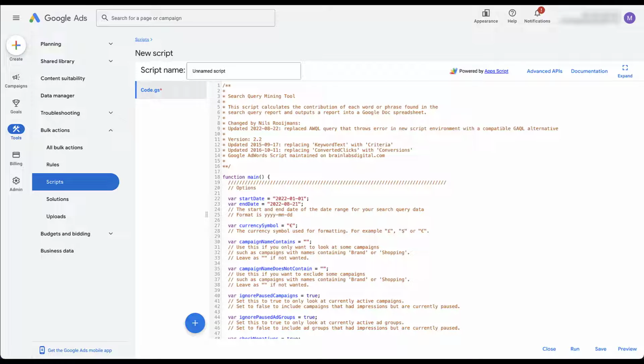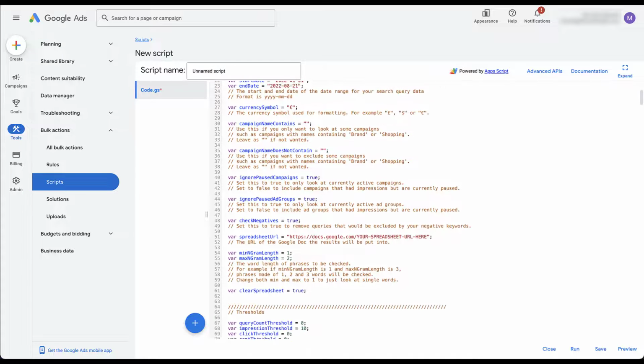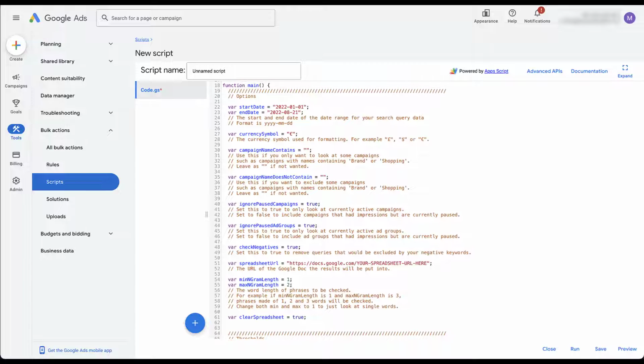There's only a very few things that we need to do to get this to start working for our account. Nice part is the options section here, as you can see starting on lines 19 and 20, this is where we're going to need to make some adjustments. After that, we don't really need to worry about anything else. So first, this script is a little bit on the older side, so the dates are a little bit out of whack. So I'm going to go ahead and update the dates to this year so far,